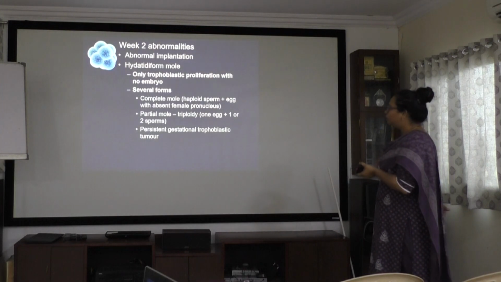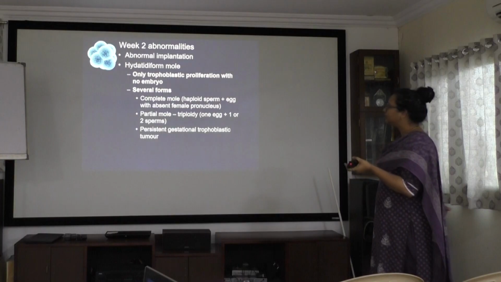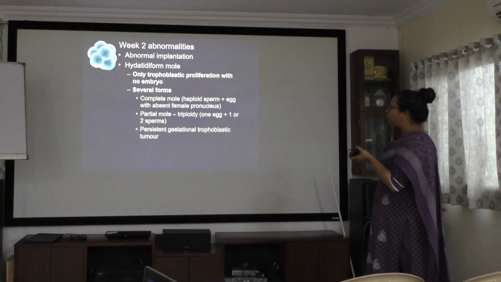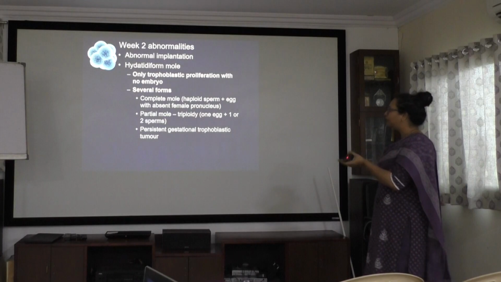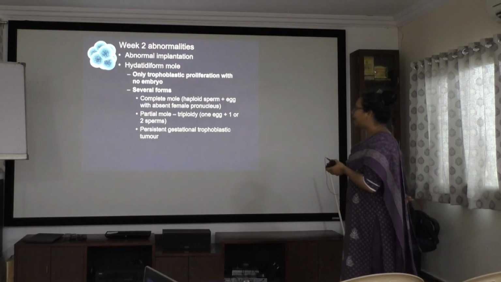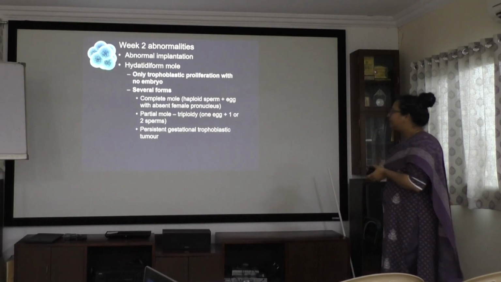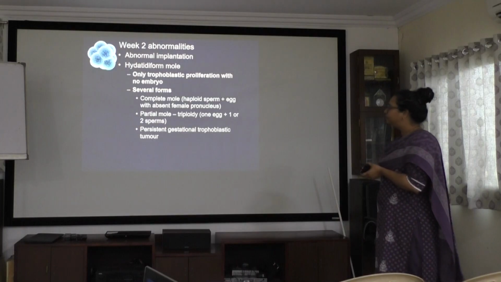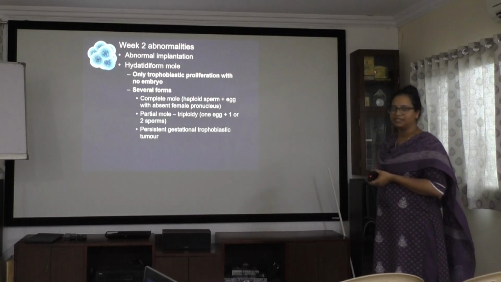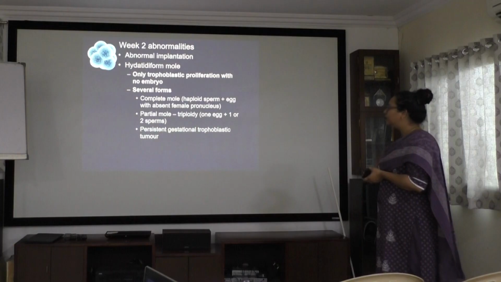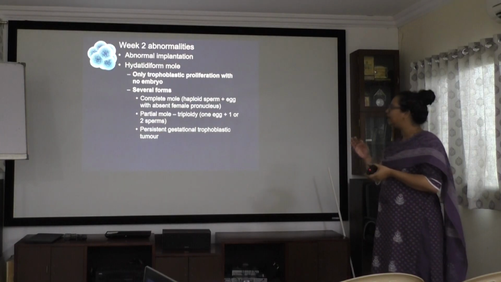In week 2, when the embryo is formed, the abnormalities may be abnormal implantation or hydatidiform mole. Abnormal implantation is called ectopic pregnancy. Then hydatidiform mole: